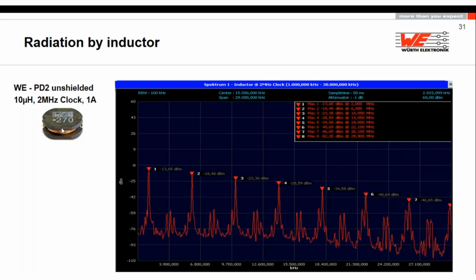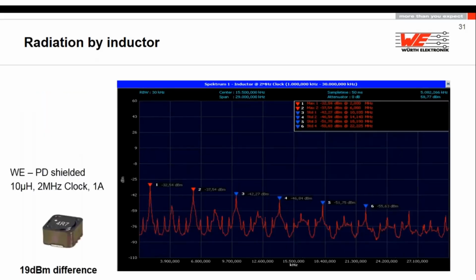Desolder the unshielded inductance and solder the same inductance value on the same pad, a 10 microhenry shielded version. Your peak in the conducted emission will drop by almost 90 dB. So just because of the shielding, it will not contaminate the system, and sometimes you can have a good solution for conducted emission. In radiated emission,